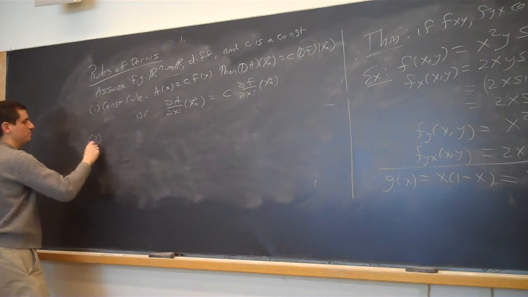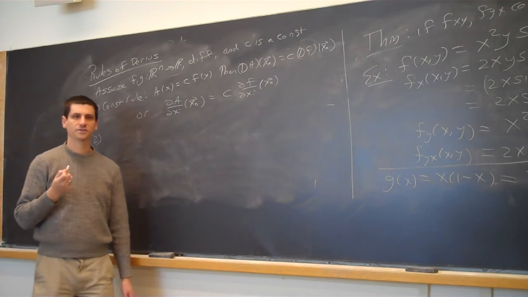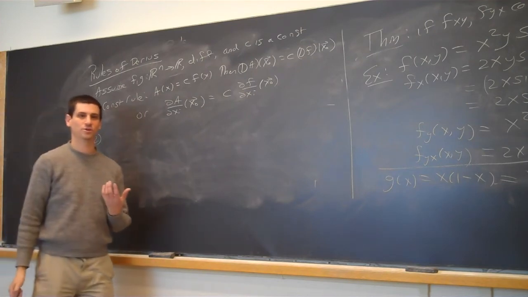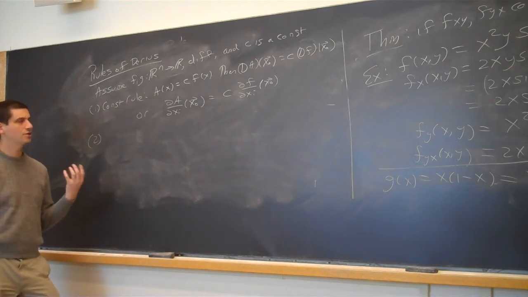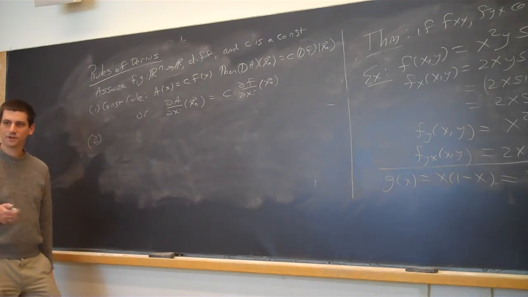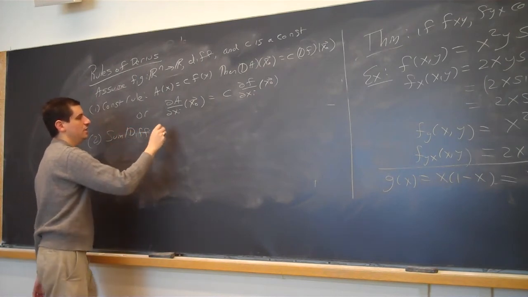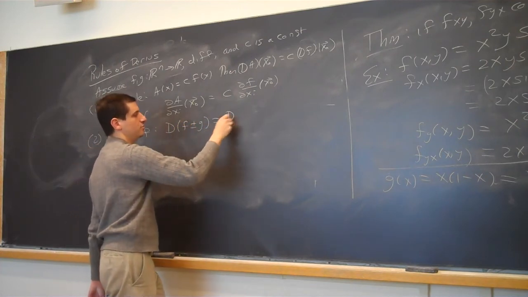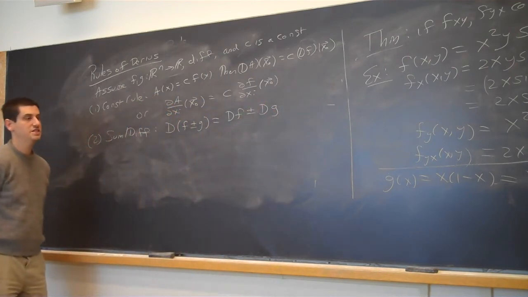All right, what's the next simplest rule? What comes after constant? Power rule? No, power rule is down the list, because power rule really is using a chain rule. So what comes after the constant rule? The sum rule? Yeah, the sum rule or the sum difference rule. So the derivative of f plus or minus g is the derivative of f plus or minus the derivative of g. That's the next easiest one to do.